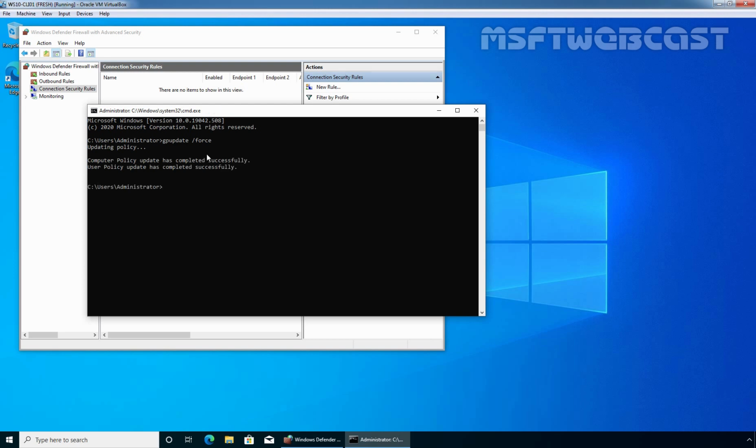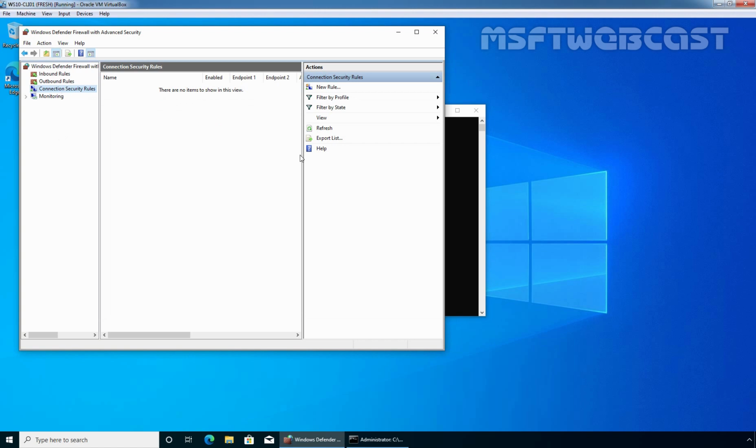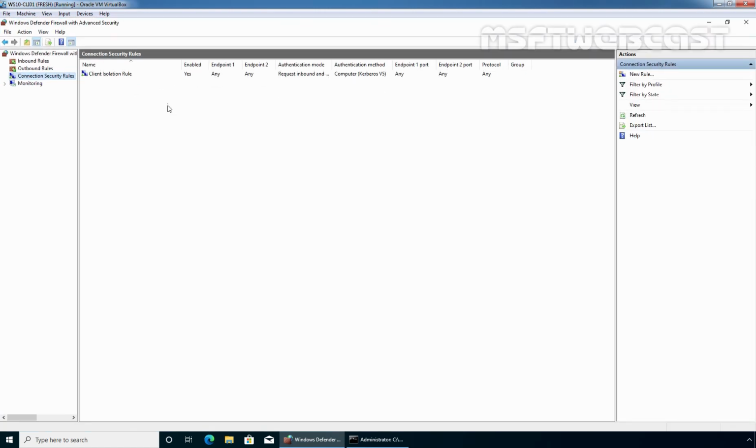Okay, group policy has updated successfully. Let's click on refresh, and here we can see the isolation rule which we have created on our domain controller. Now we have successfully completed the group policy configuration task. To test the isolation rule from this Windows 10 computer, I'm going to ping our member server. But first we need to create a firewall rule on our member server.